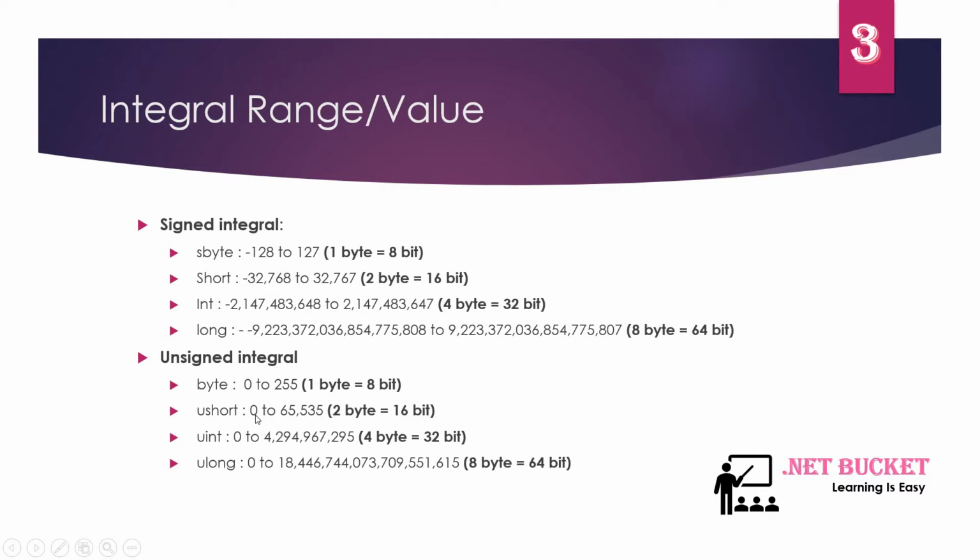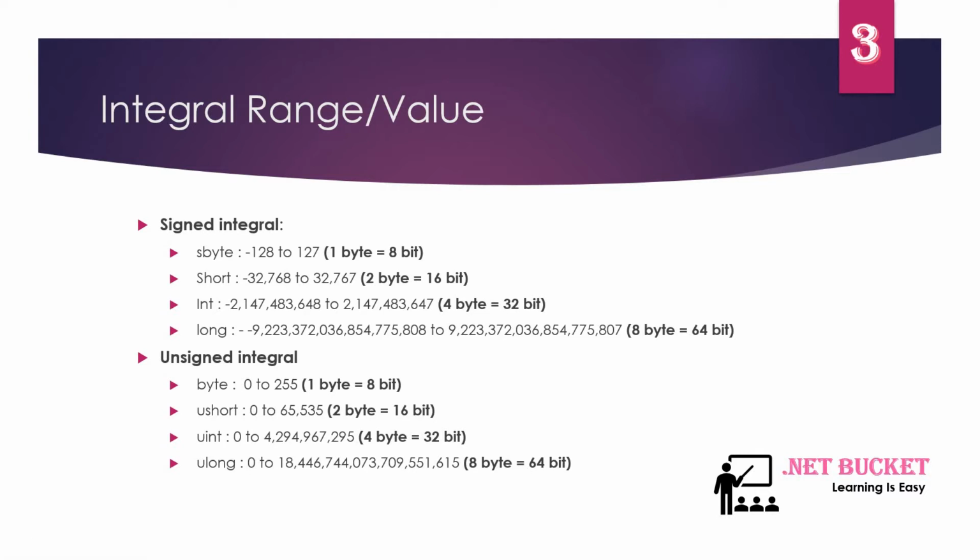Okay. Why are we subtracting this 1 in everything? Because 2 to the power 8 is 256, but we want to store 0 as well, right? Due to that, in all these unsigned integrals we are subtracting 1, because we want to be able to store the value 0. That is the reason we are subtracting 1 from each of the values. Similarly, unsigned int allocates 4 bytes, which is 32 bit, so the range will be 0 to 2 to the power 32 minus 1. Same rule is applicable for unsigned long, 8 bytes, 64 bit, so the range will be 0 to 2 to the power 64 minus 1.